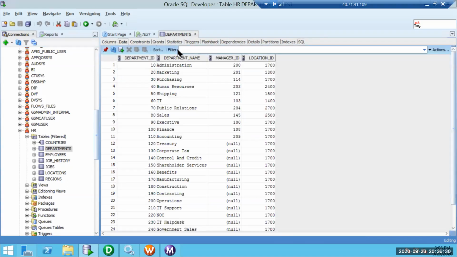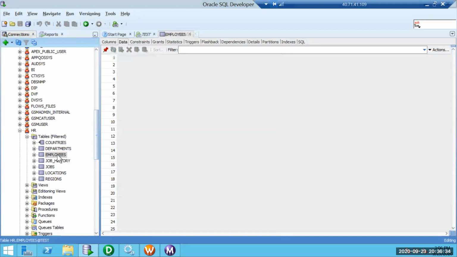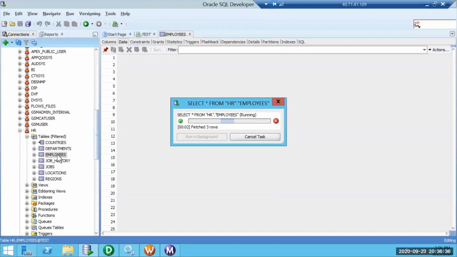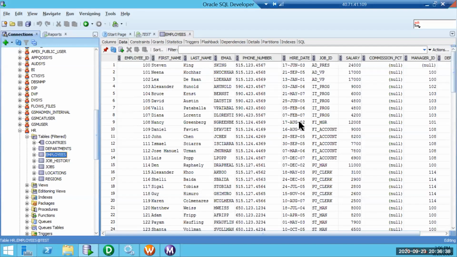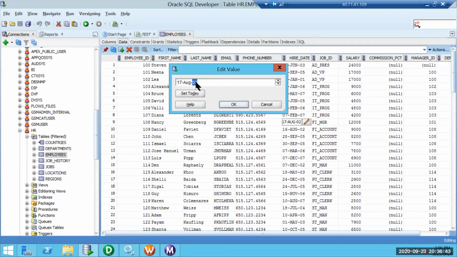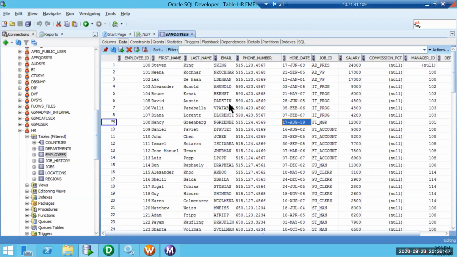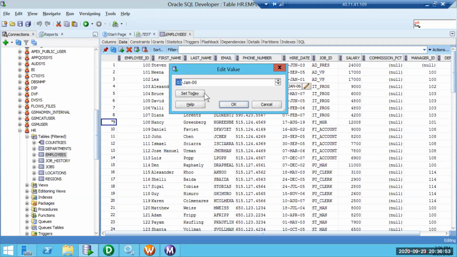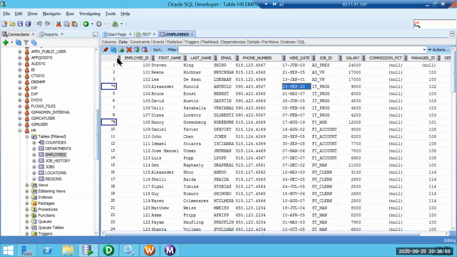Go to data. This is departments. I want to update employees. Perfect. We can do it using update statements also. Then I want to do it real quick on certain values only. Let's suppose somebody got hired today itself.